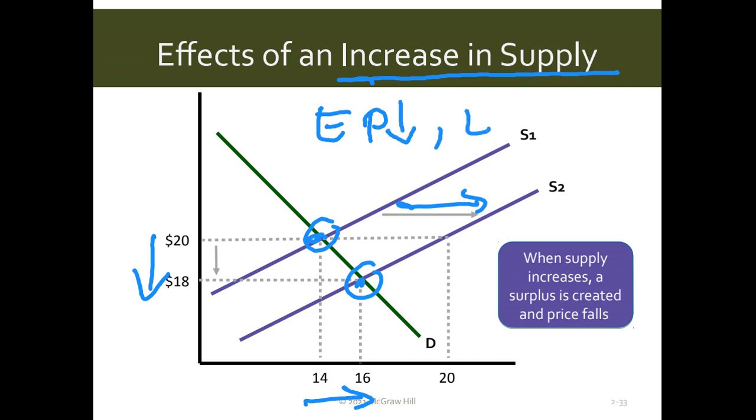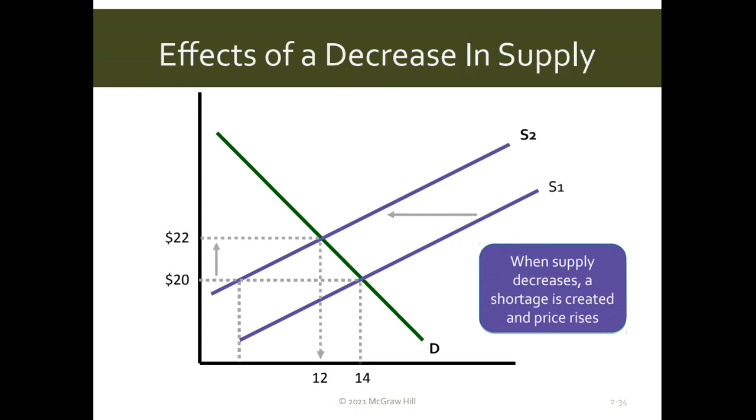Now let me shift the supply curve to the left. So suppliers are supplying less, not because of the price, but because of other factors. Maybe because of future expectations, maybe because of the imposition of taxes, maybe because of the decrease in the number of sellers. Whatever be the reason, when supply decreases at each price level, so supply curve shifts to the